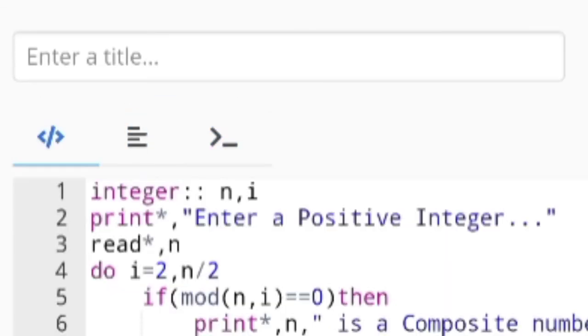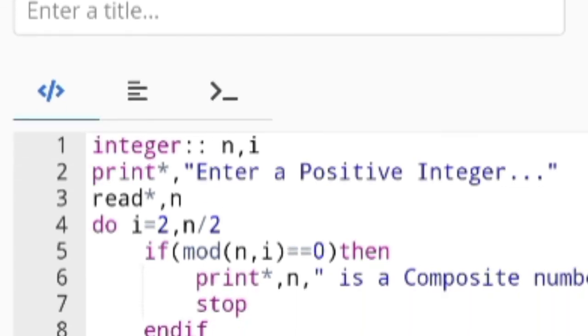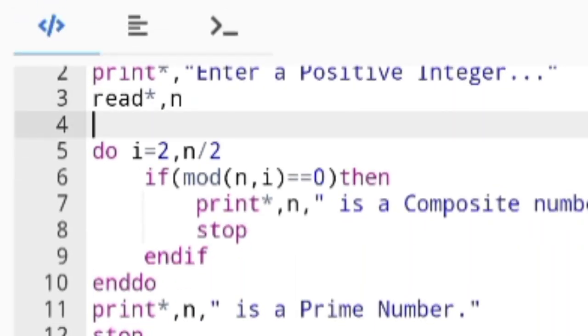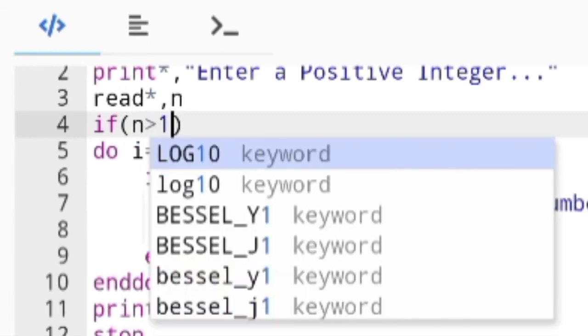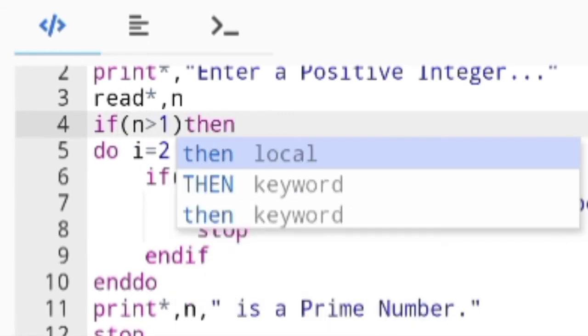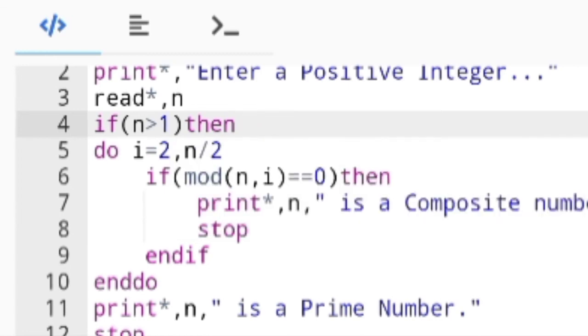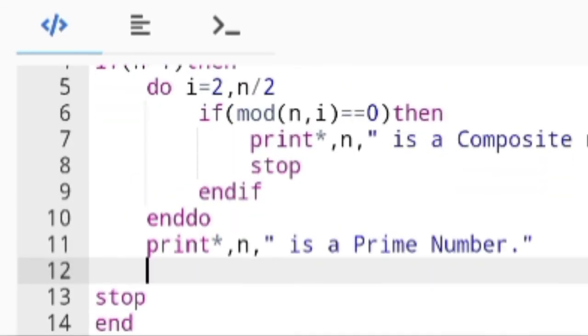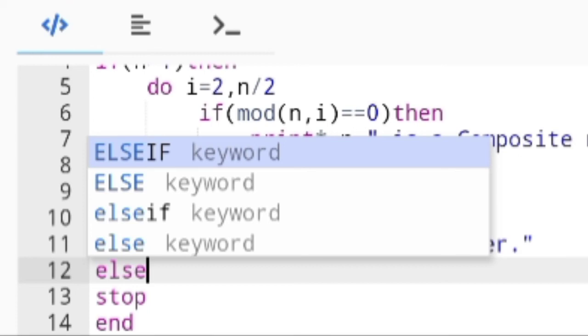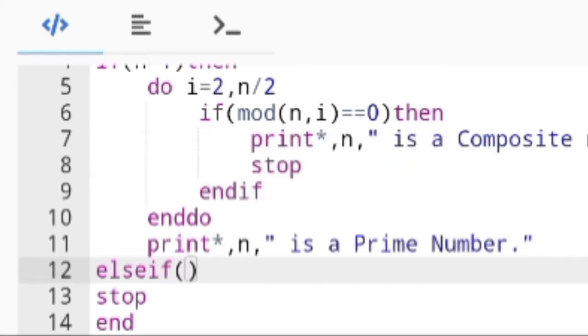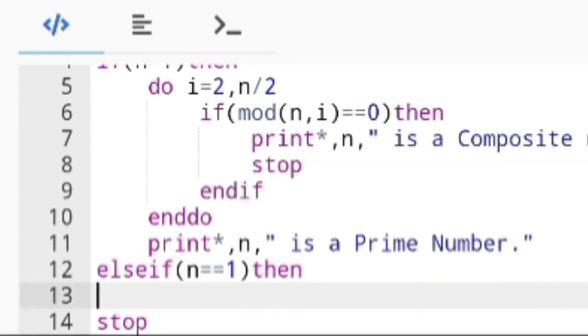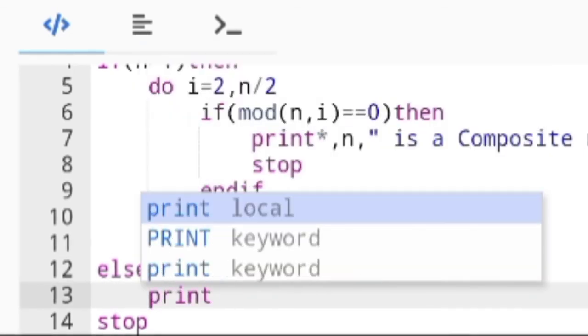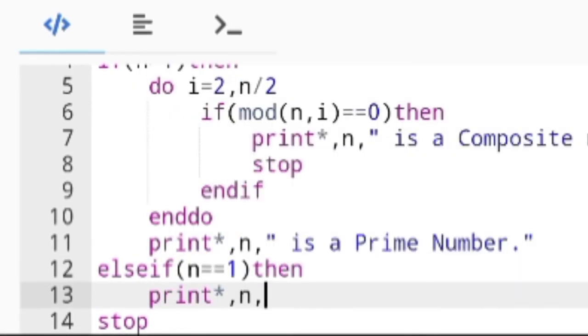Okay, now the next approach to make this more user friendly, as I have done before, that is if n is greater than 1, then it will execute this under the do loop, and else it will, there I have written in 2 stages, but here I can rewrite in 1 stage also. Else if n equal to 1, then it will print that 1 is neither a prime number nor a composite number.